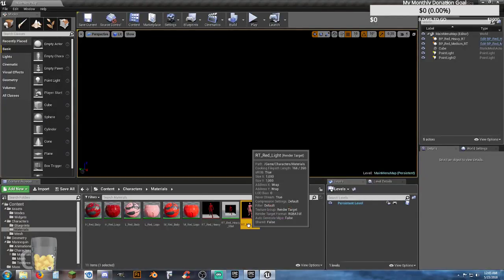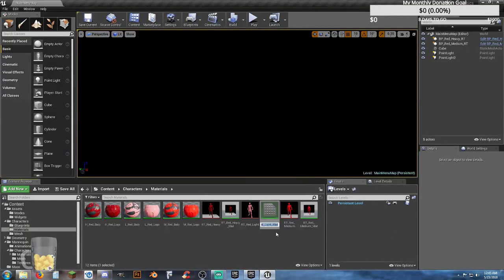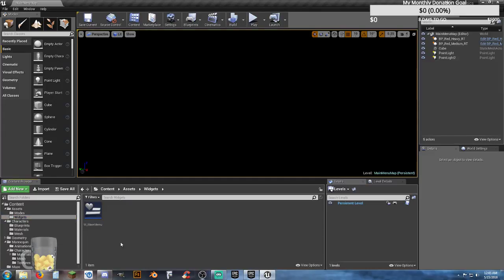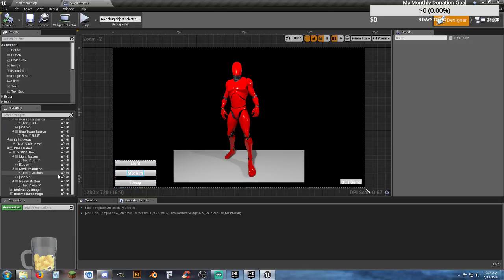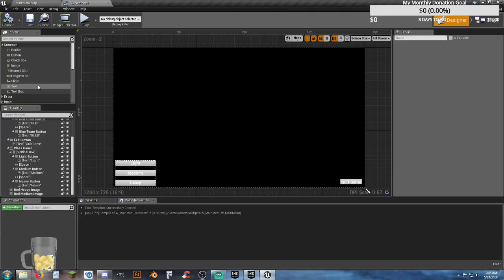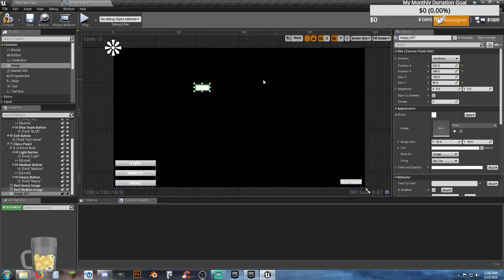So now, again, right click and create material, hit enter. We know it's going to break, so we're not worried about it. We go back to our widgets folder, main menu, and now we need to go ahead and create one more image. Let's go ahead and make you invisible. Grab the image, throw it in here, and again, anchor it to the center. We're going to -500, -500, and 1000, 1000,